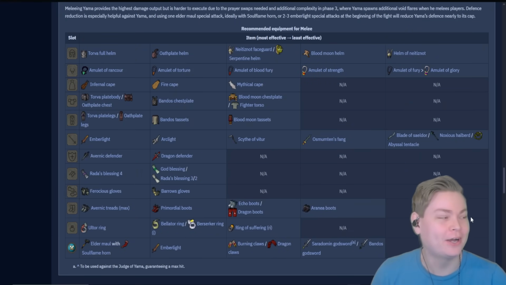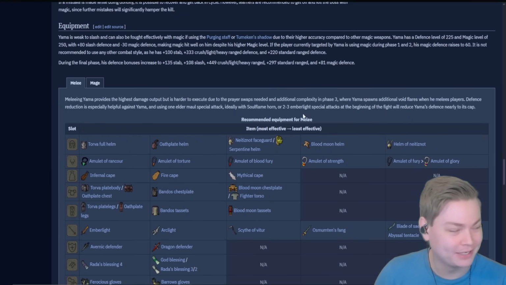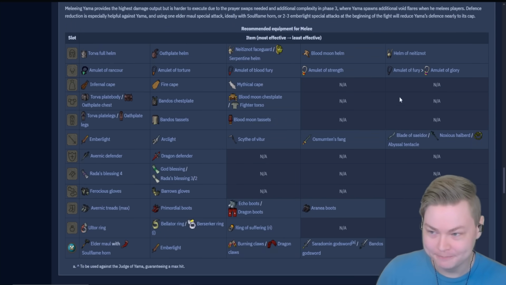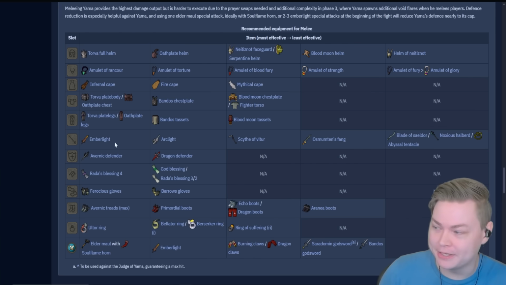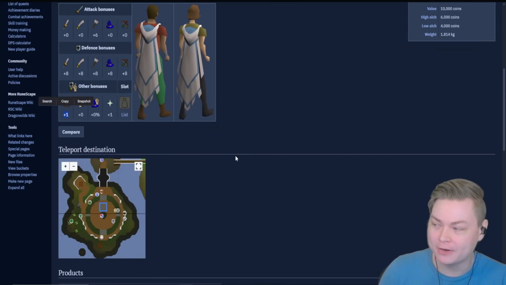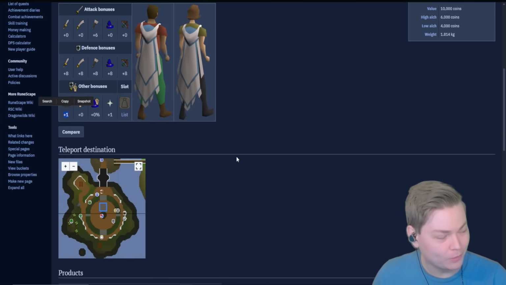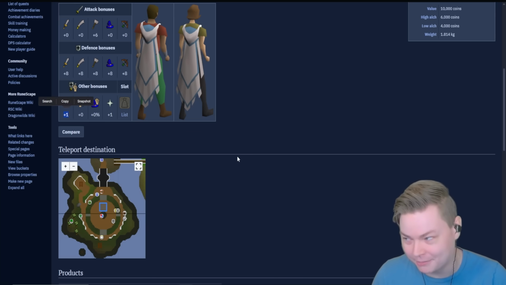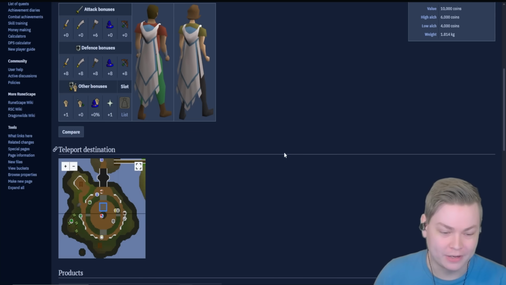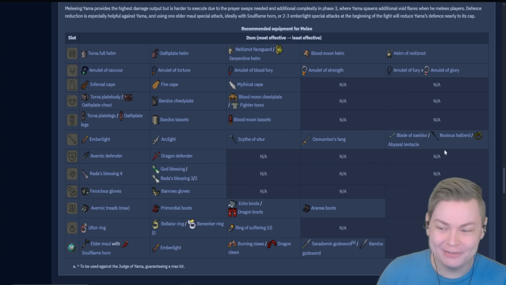So I had to make the tough decision. We have two setups: melee and mage. Do we run the melee setup, which is Nezi, Glory, Myth's Cape with absolutely no crush weapons? The only reason they include a Myth's Cape is if you don't have a fire cape and you've done Dragon Slayer 2 and you want to go kill Yama with melee, the hardest way to kill Yama. The Myth's Cape